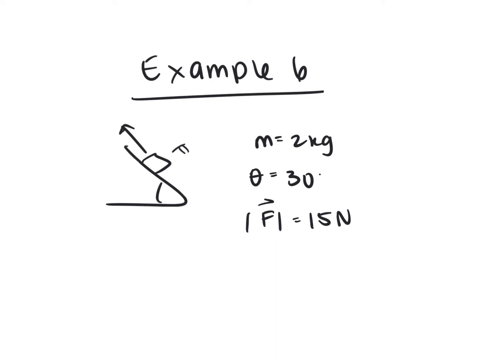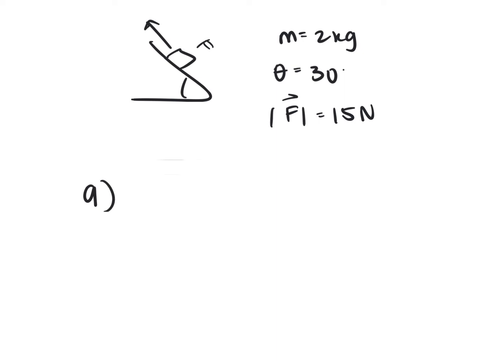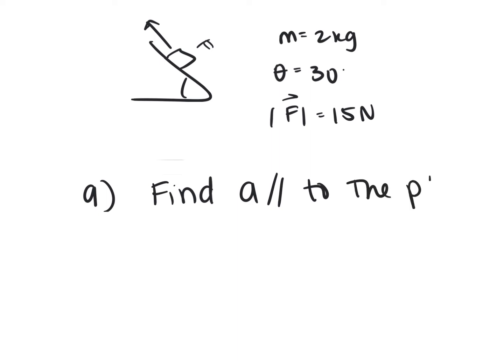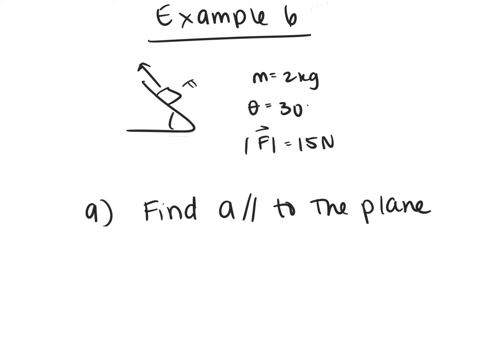This is what we are given for example 6. And the first question asks to find the acceleration parallel to the plane. So to find this value that is parallel to the plane, we know that this can represent the gravity on the object,